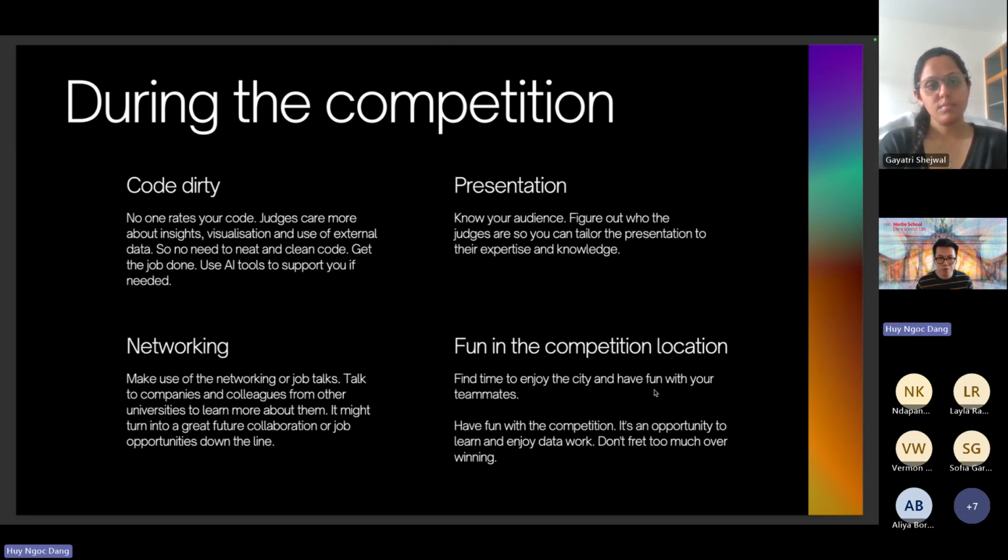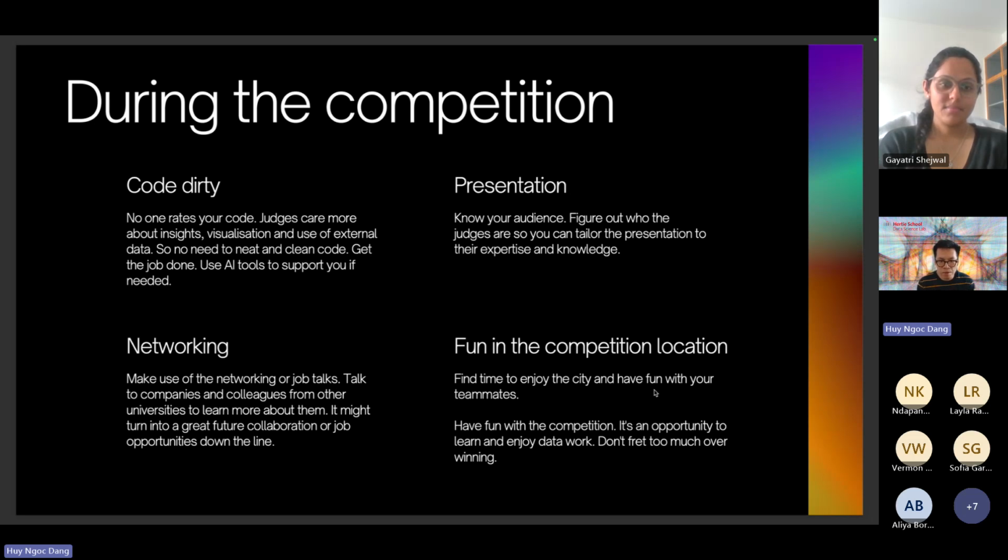And also, yeah, during the competitions, you can also do very dirty coding, right? So you don't have to do very, okay, this is the comment, and this is a function, and this is a class or whatever. No, nobody rates the coding. Nobody looks into the coding. You don't have to code very prettily. You can do very dirty coding. You can write very stupid variable names. Nobody's going to look into it.